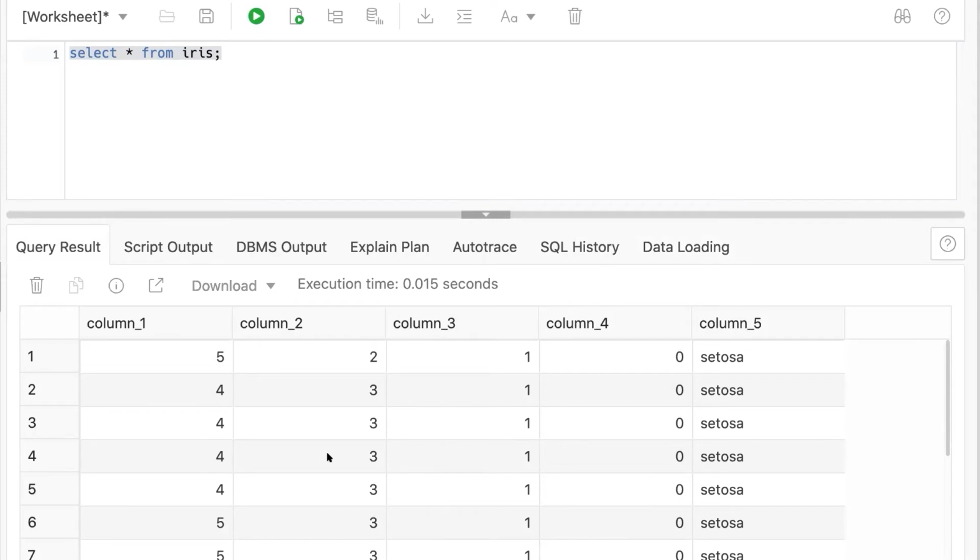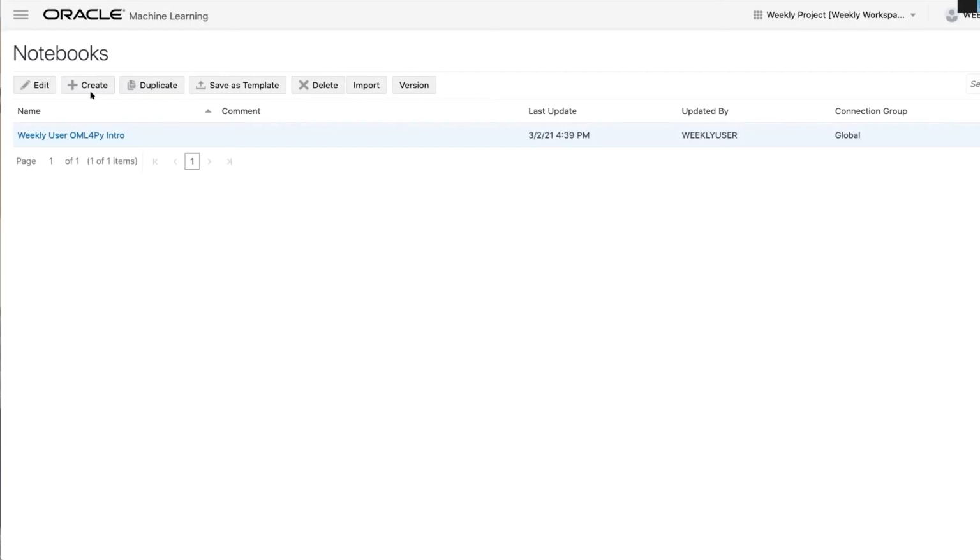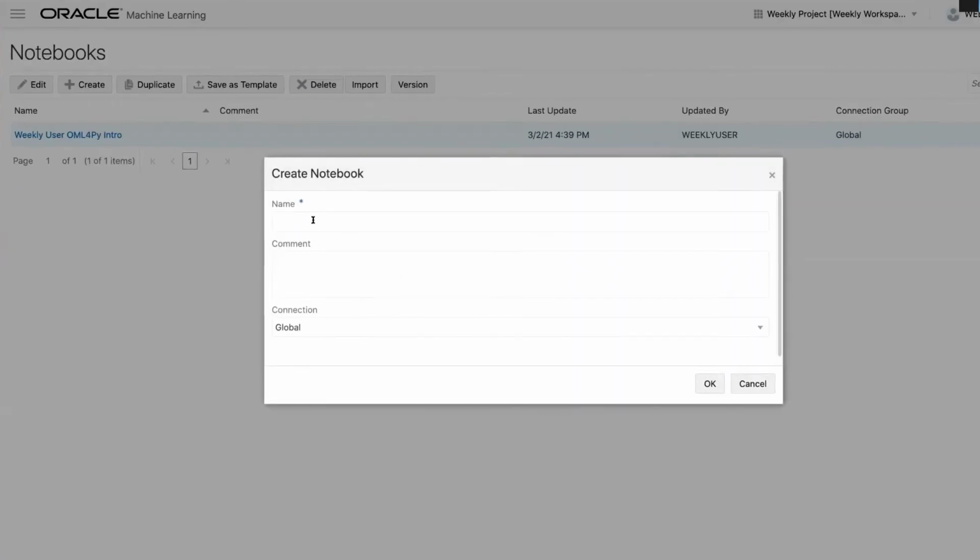So I got that, and I did not rename the columns. Remember that? I just didn't want to put time on that, but that's a data set. That's a CSV file that was on my laptop. And if I go back to my notebooks here now, and I create a notebook from scratch,